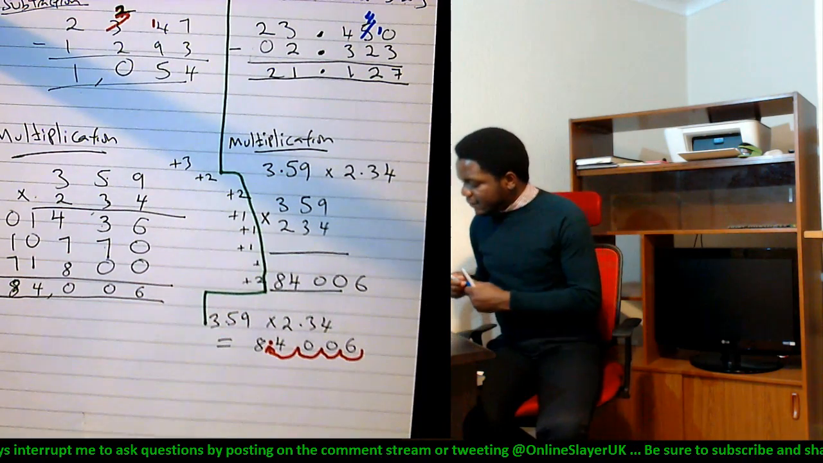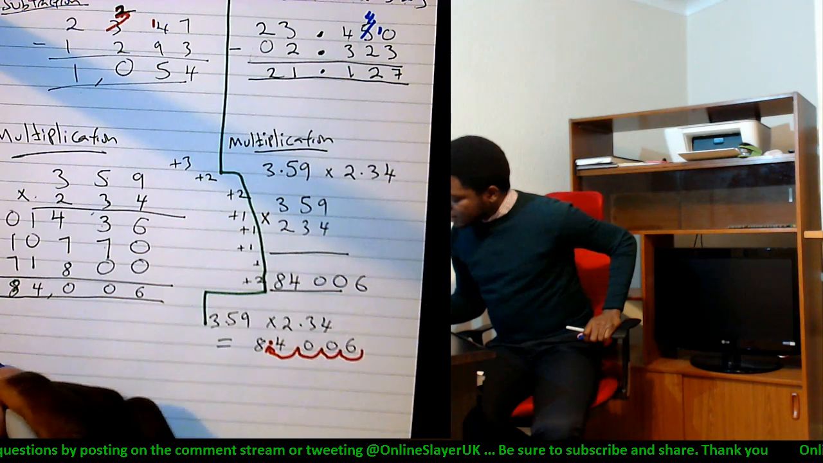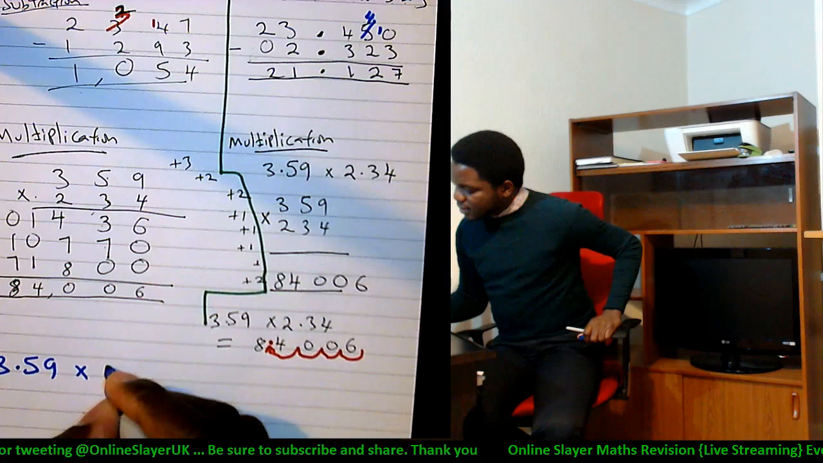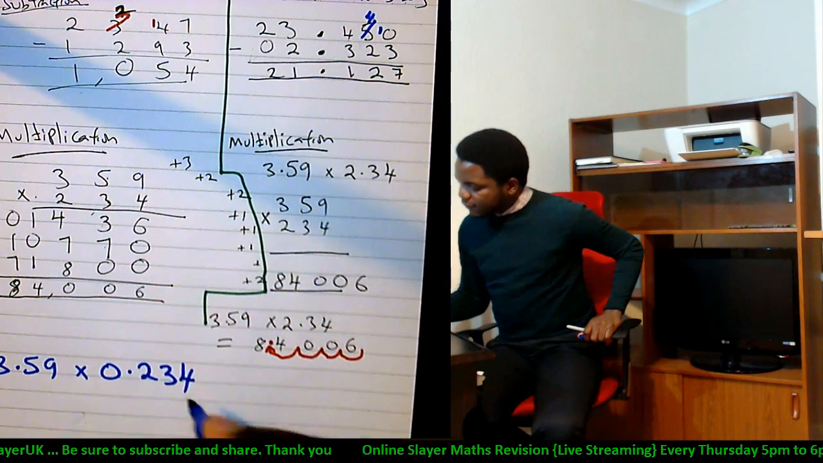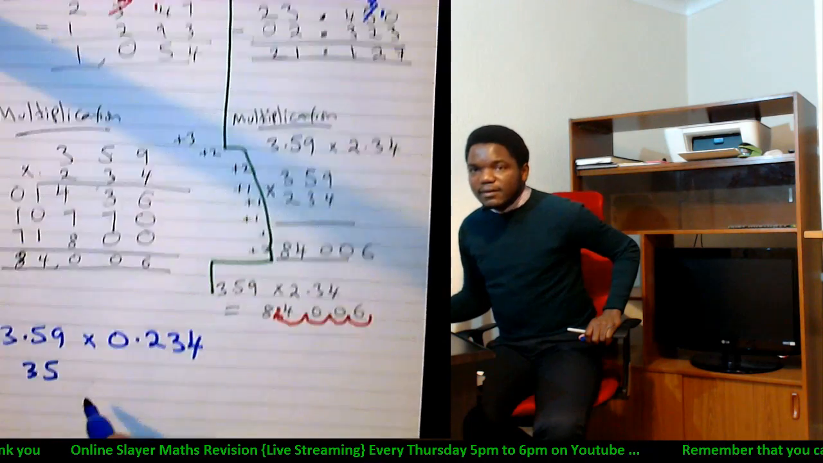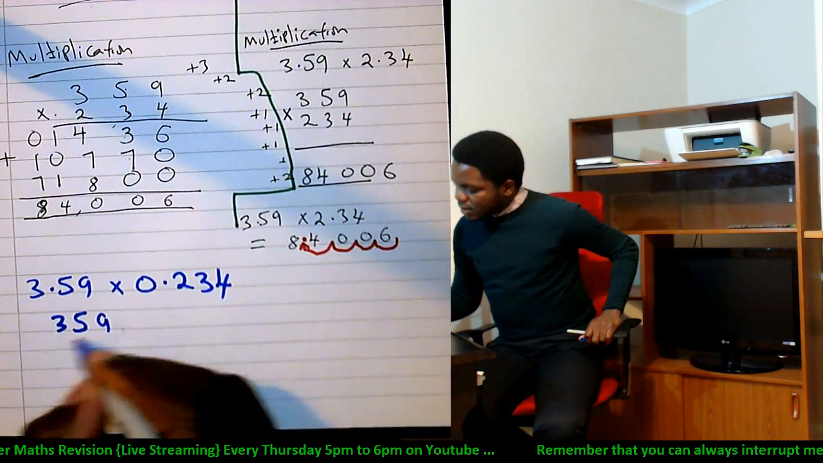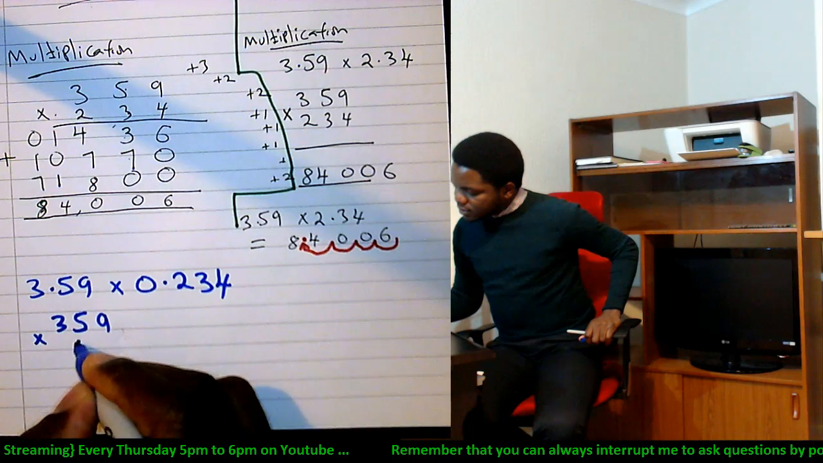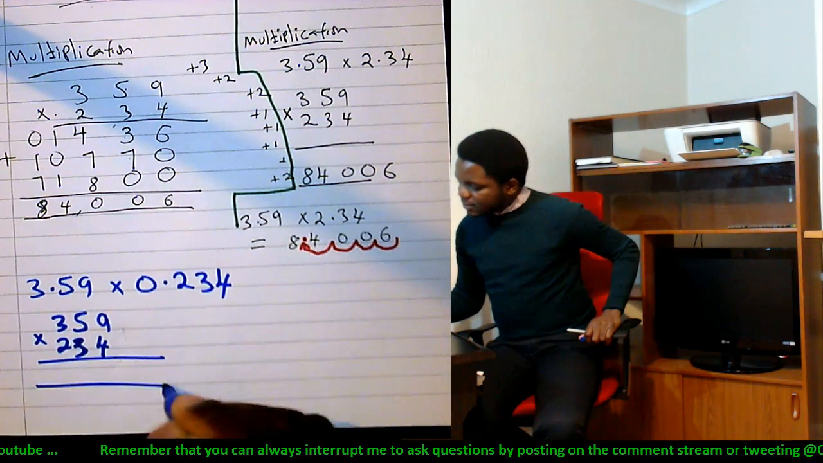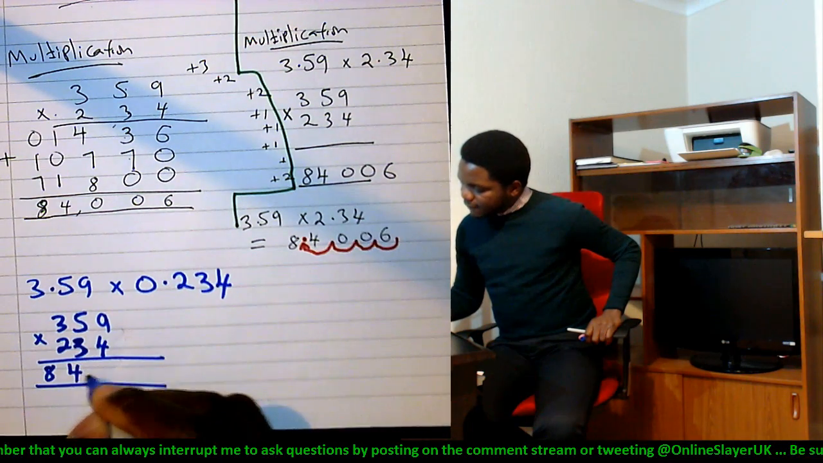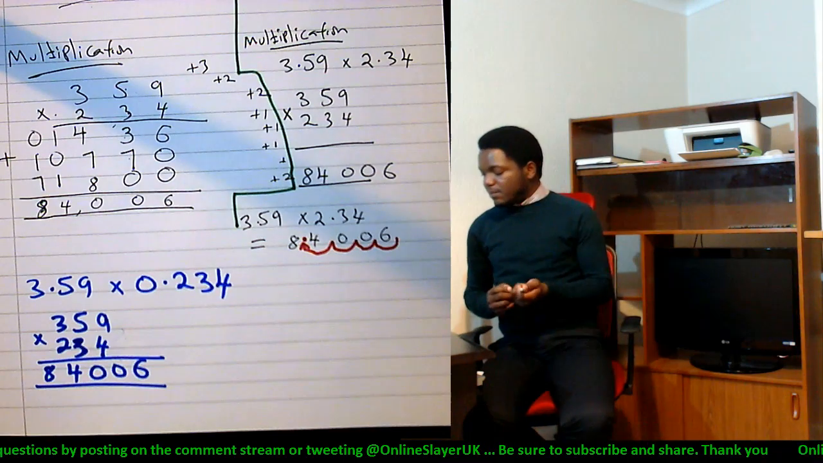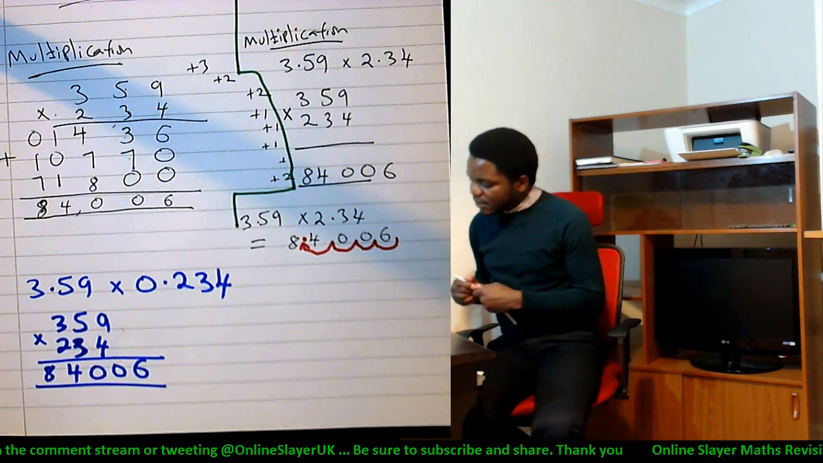But what if the question happened to be 3.59 times 0.234? Again, I'm going to do just that. 359 times 234. Ignore any decimal, and I'm going to get the answer as 84006. And I have to count where my decimal point will be because the question is actually